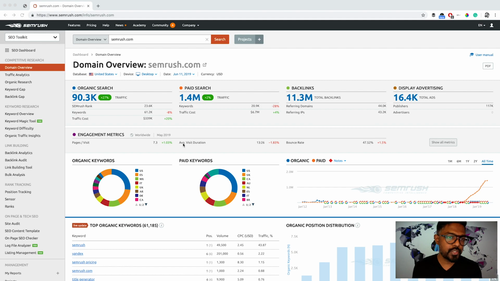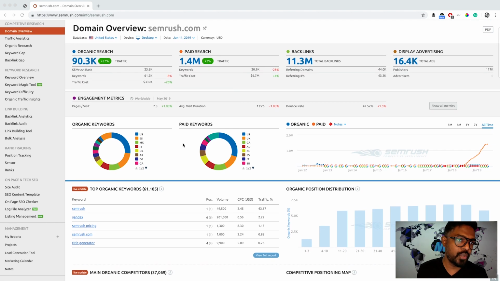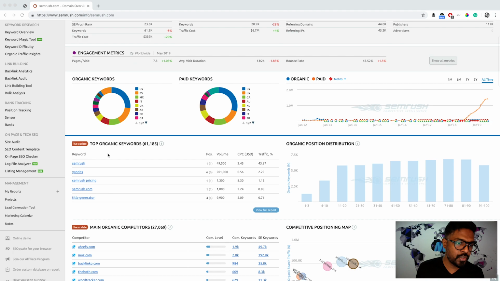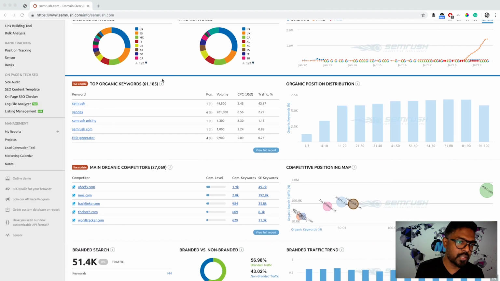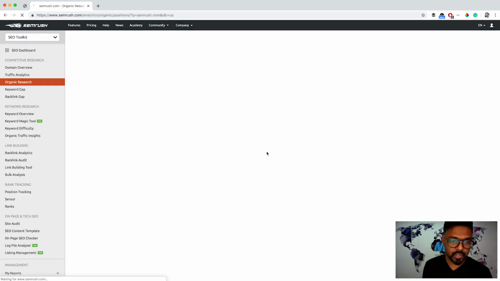Go into SEMrush and choose the domain that you want to find the keywords and any other information for. This is what you see. So I've chosen SEMrush just for fun's sake. Once you click on SEMrush, you will get to see the domain overview like this. And once you come down to the top organic keywords part over here, what you need to do is click on the view full report, and then that'll take you to all the top keywords that this particular website is